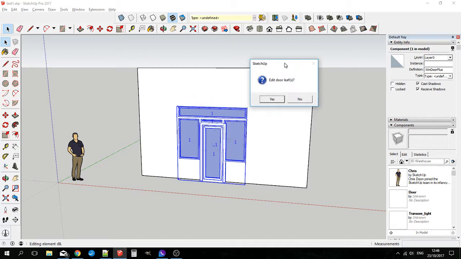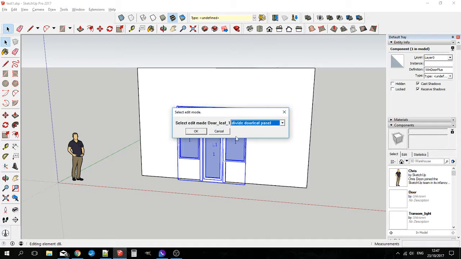And just move that out of the way. You can see how it got wider there. Don't worry about the fact that it's crashed in. That's only at an interim stage in the edit. Edit the door leaves. I'll show you how you can. Yeah, we can edit the door leaves. Divide the door leaf panel. Yep, we'll go for that. We'll go for a horizontal split by fraction. Make it about half.